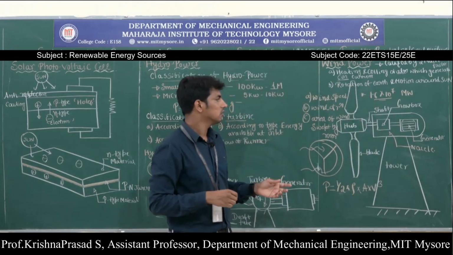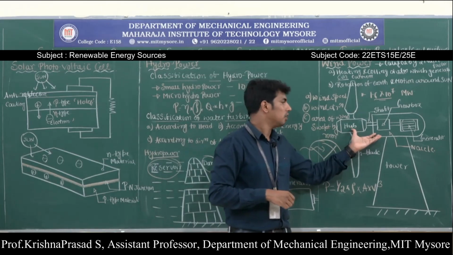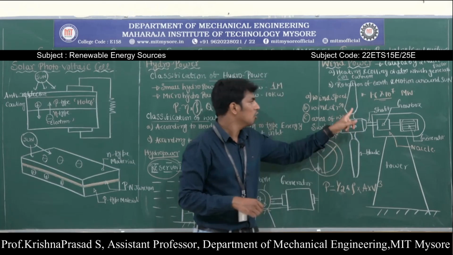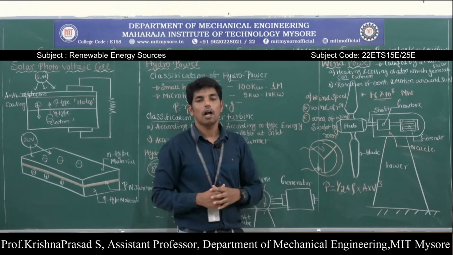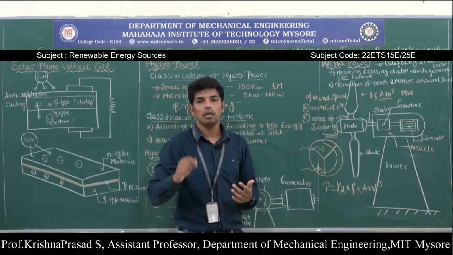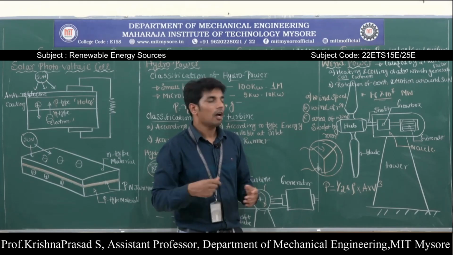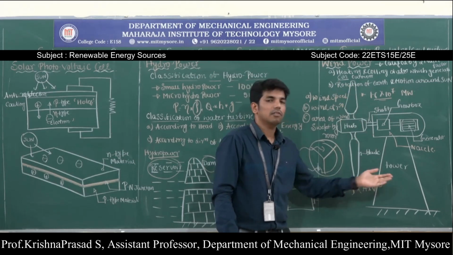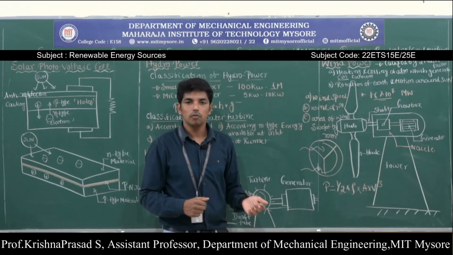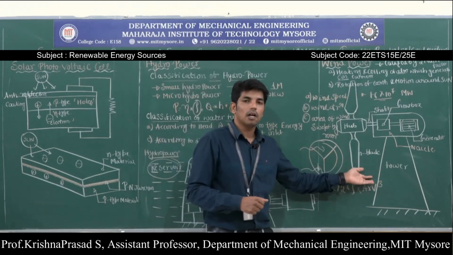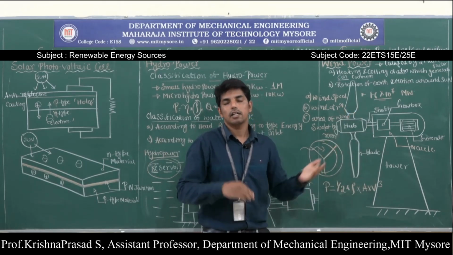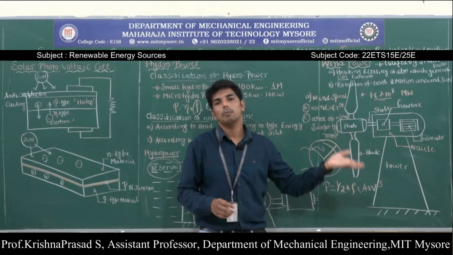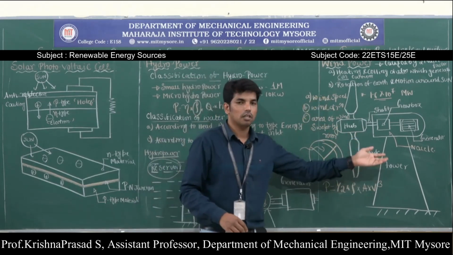Okay, then, very important: a wind turbine usually consists of either 2 or 3 blades that are designed to extract the largest possible volume of air. Also these blades are mounted high above the ground level by means of a tower, mainly because as the height increases, the kinetic energy of the wind also increases. That's why the blades are kept high above the ground level by means of the tower.